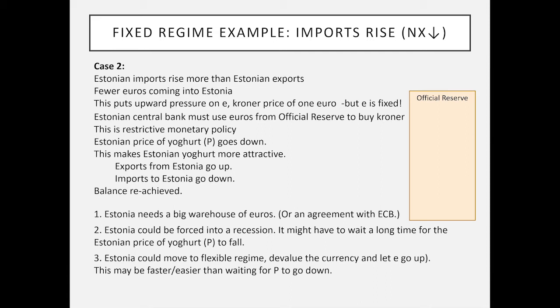And note a rather critical aspect here is that they're expecting the domestic price to go down. If prices are sticky or slow to decrease, it may force the country into a recession, waiting for the prices to fall. An alternative solution in case two would be simply to move to a flexible exchange rate regime. In that case, very quickly, the currency would be devalued, making the local price of goods relatively inexpensive compared to external goods, and this would correct the problem more quickly. Countries frequently do this, moving from a fixed exchange rate to a flexible exchange rate.